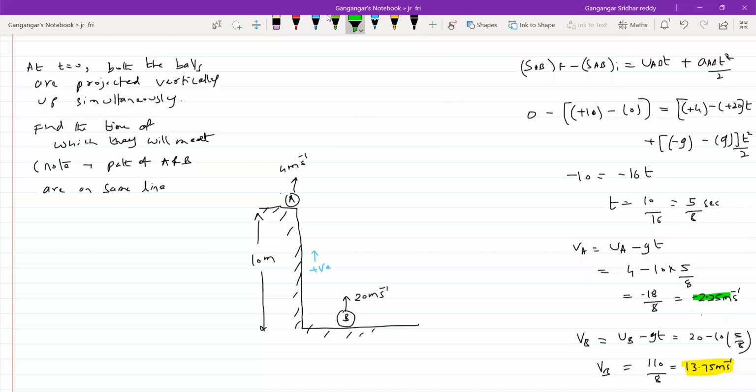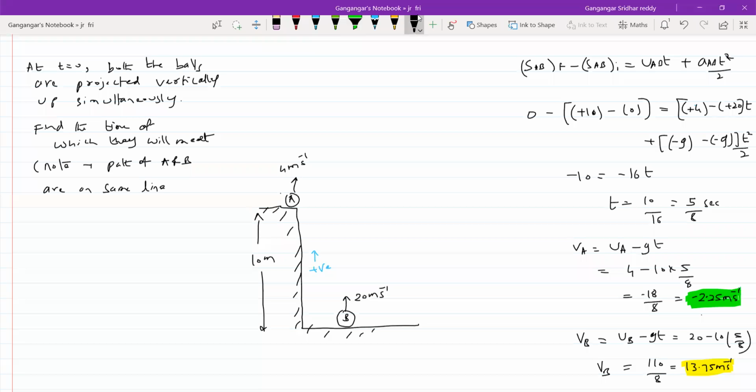Sir, in the acceleration due to gravity, we took minus g into t square by 2, right? So it will be minus 2g into t square by 2, right? Sir, we forgot to keep one more minus, sir. Yes, okay, forgot the minus of g. It's there now, visible. Okay, fine.